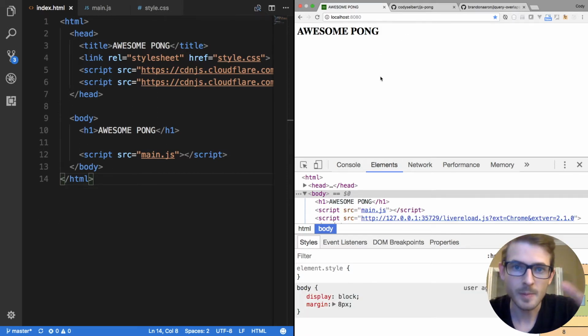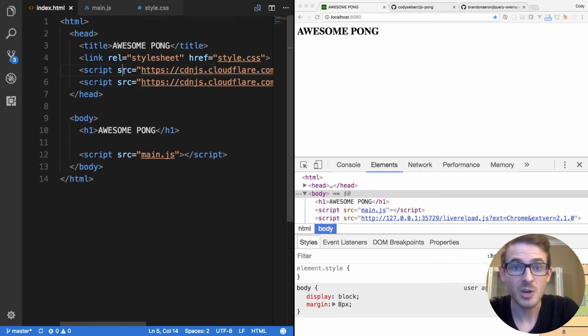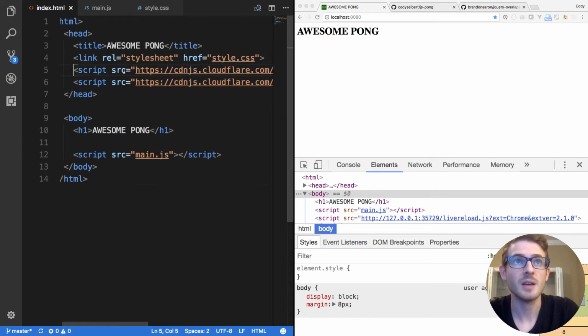All right, so if you've seen any of my other videos, you probably already know my setup. I'm using Visual Studio Code on the left, and on the right, I have my Chrome developer tools and the browser opened up. It's nothing too special. Some things I'll point out about this project is, of course, we're using jQuery, which we include up here in the script tag from